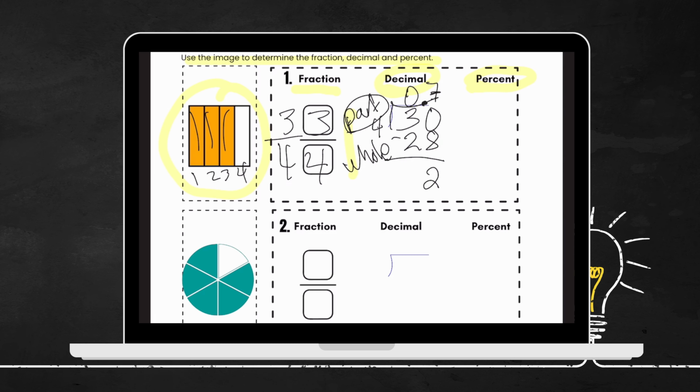4 does not fit into 2, so I drop in another 0. But 4 goes into 20 perfectly, nice and perfectly for us, 5 times. So 5 times 4 is 20, and now we have a terminating decimal. We have our answer, 75 hundredths. Okay, and remember the way we say it is also how you can write it. This is the tenths, this is the hundredths place value. The 5 is in the hundredths place value, which is the same as the fraction 75 hundredths,